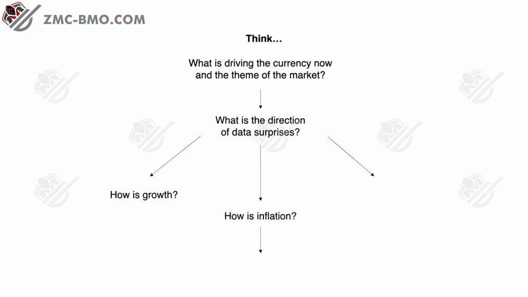Also, think about how inflation is. They all tie in together. If growth is weak, inflation is likely to be weak or low as well. Therefore, the currency might see some weakness because the central bank is very dovish, for example, in this environment we're seeing today. That might change in a couple of years. Markets aren't seeing inflation, so what's the next theme? And that all drives down to what the theme of the market is.